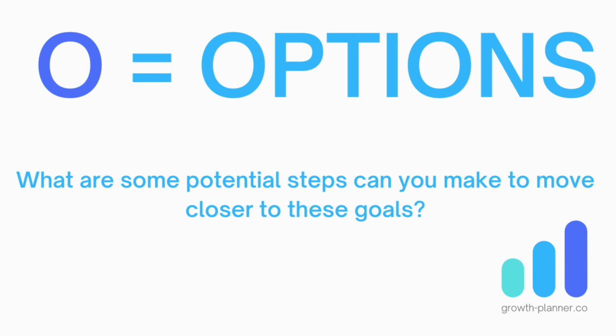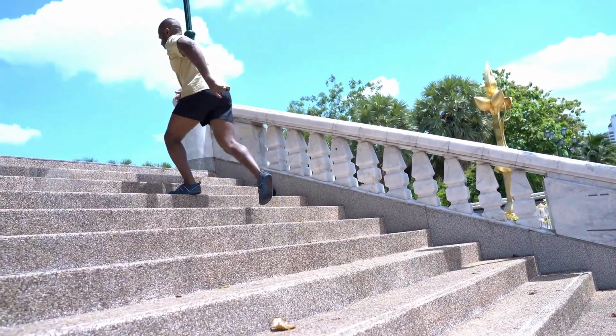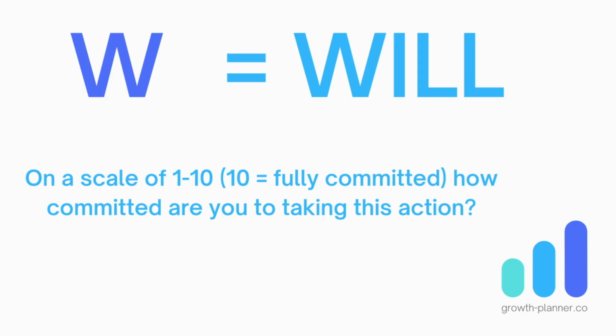And O stands for options. So what are your options? What steps can you take? What actions can you take? It always starts with action. If we set a goal, it's vital that we start taking action towards that. So that's all that stands for. It's really important. If we're just setting a goal and we're not taking the relevant steps or actions, it's literally just a goal, it's just a dream. It starts with setting it, it starts with seeing where we are, and then it's about taking action and moving towards that.